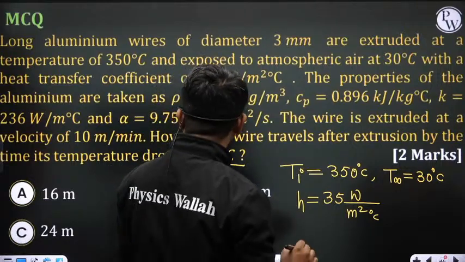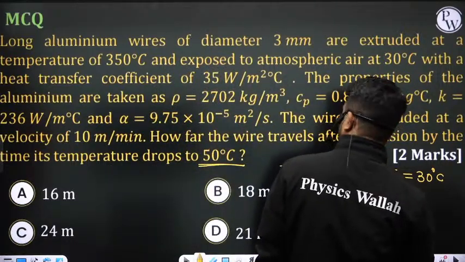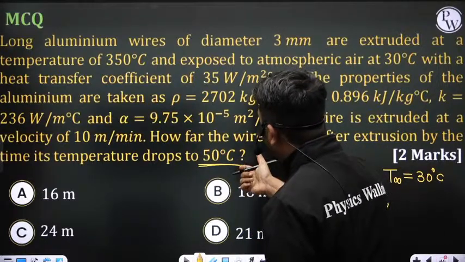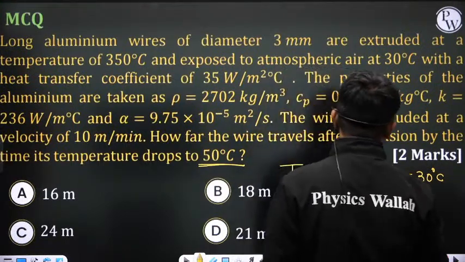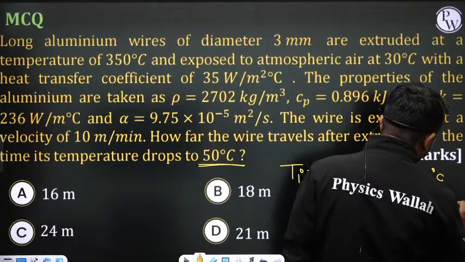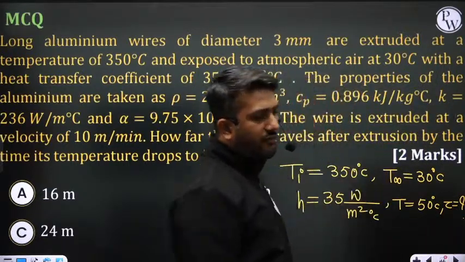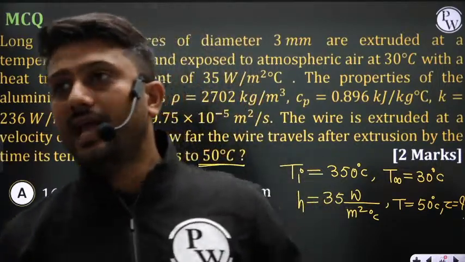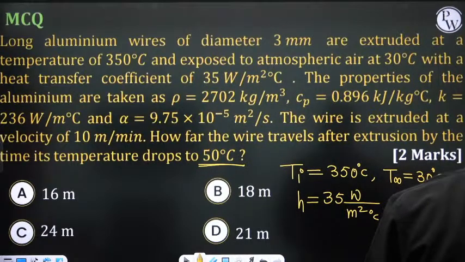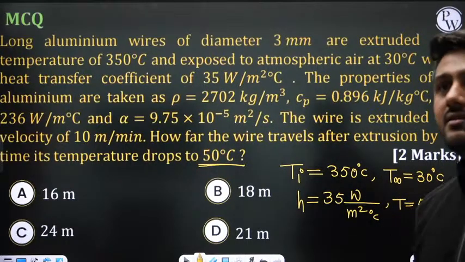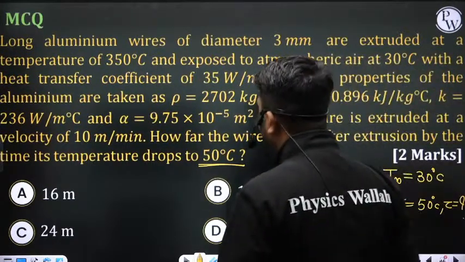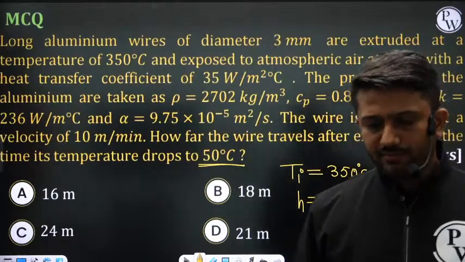So first calculate the time at which the temperature of the wire reaches 50 degrees Celsius. First calculate the time. Okay, so see, this is an unsteady state problem,